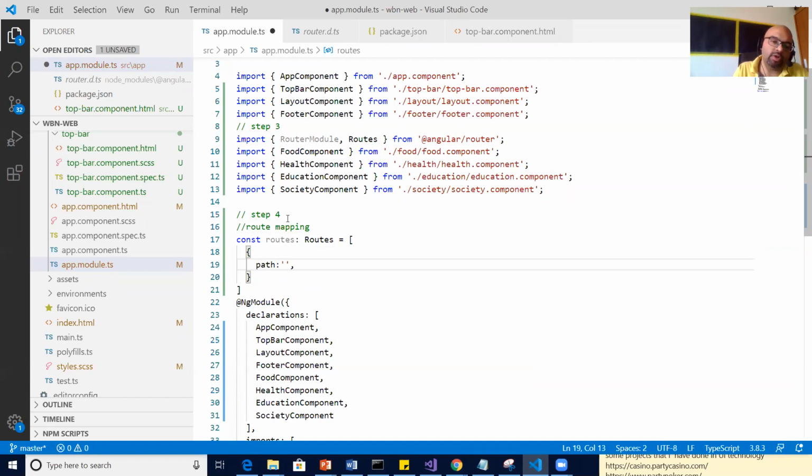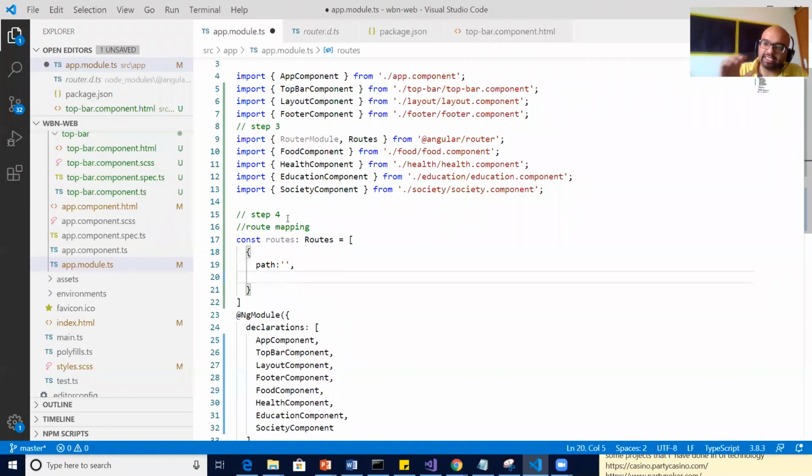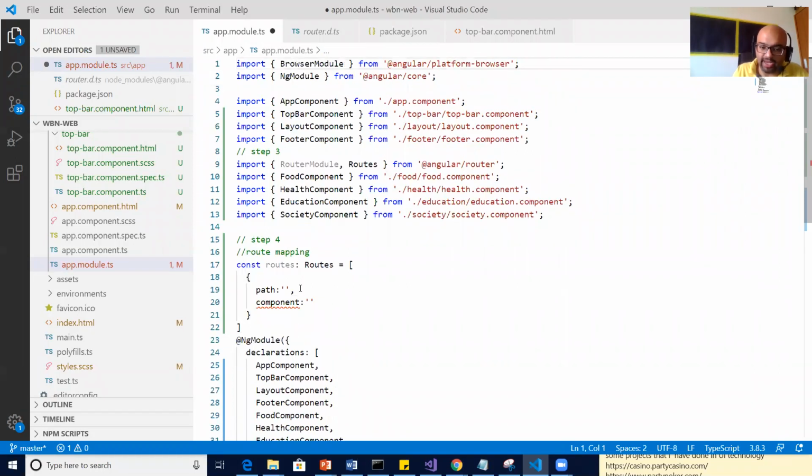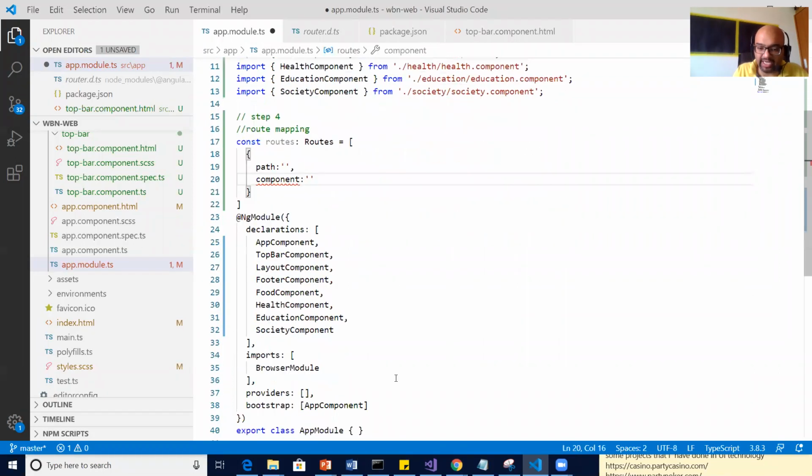Empty means when the page loads the first time, when my application loads the first time, I have not clicked on anything. So when it loads the first time, what is the content page that you're throwing? I say in component, home component. I have not added it yet. Let me quickly add that as well.